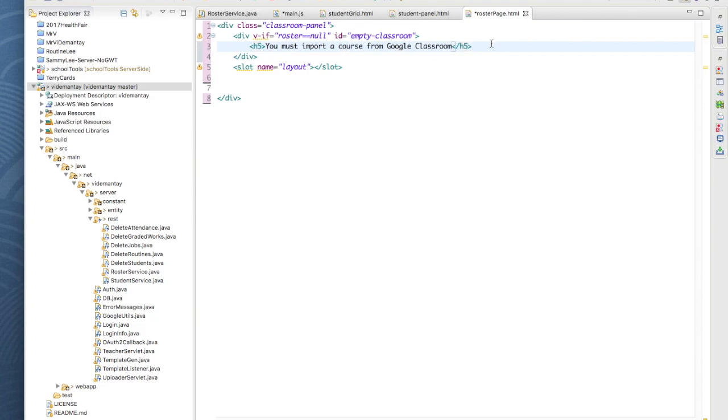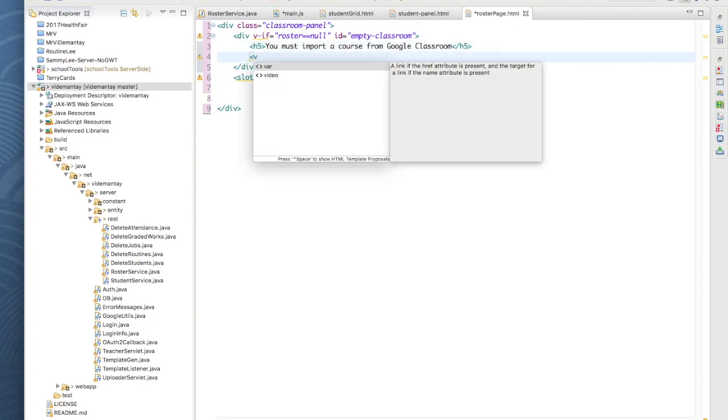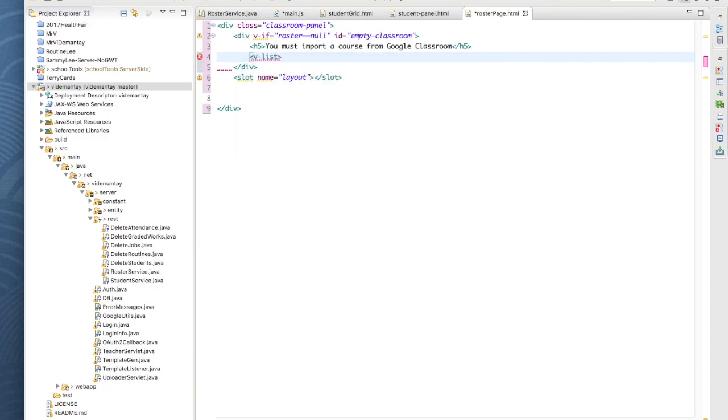And then here's where we'll have our v-list, and v-list will be a v-for, and then we'll have course and courses, if that's what we're calling it. I think we might be calling it classroom. All right, so we'll have to have something available called courses, and that way we'll have a v-for,